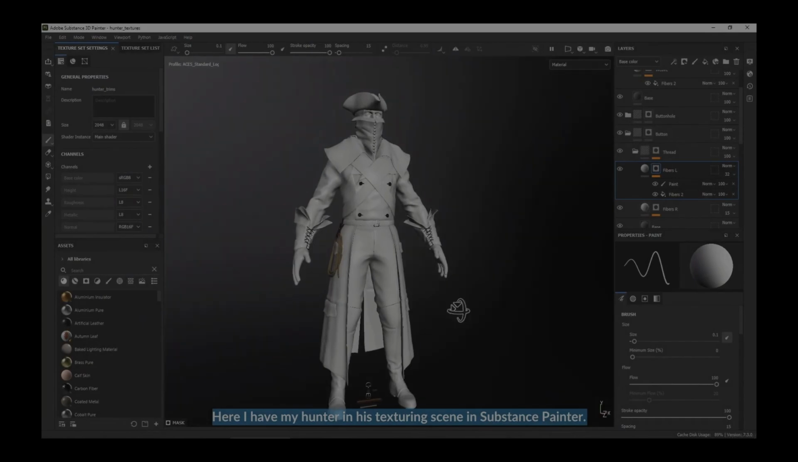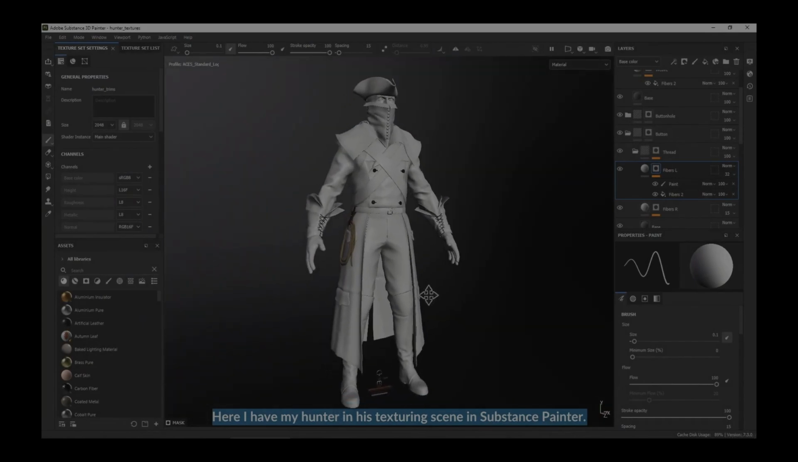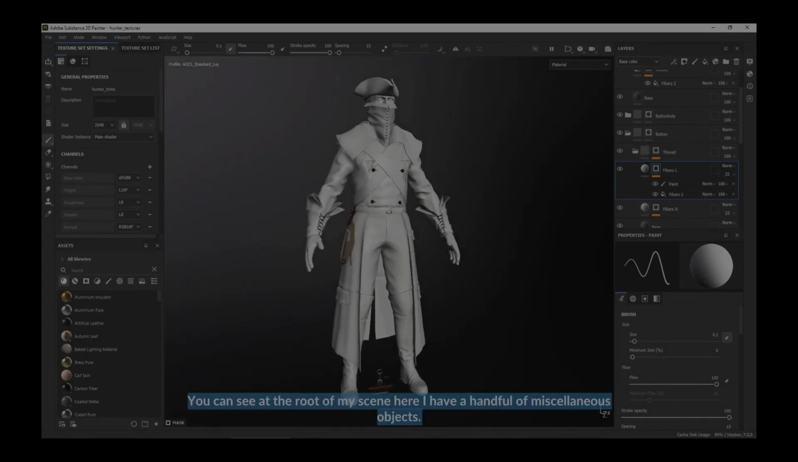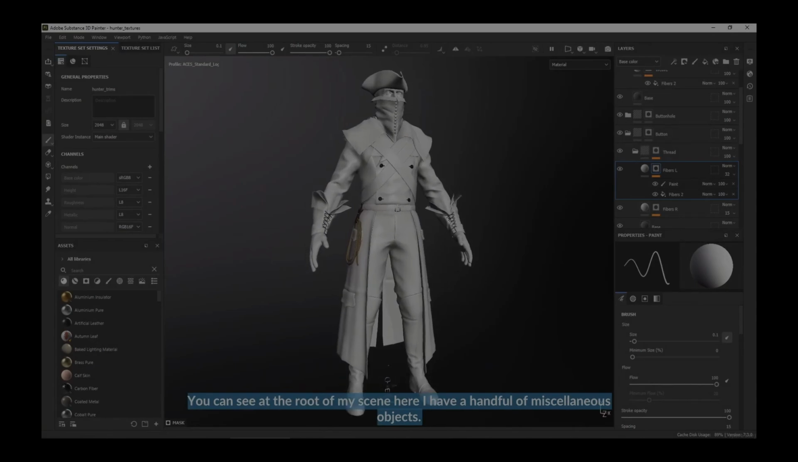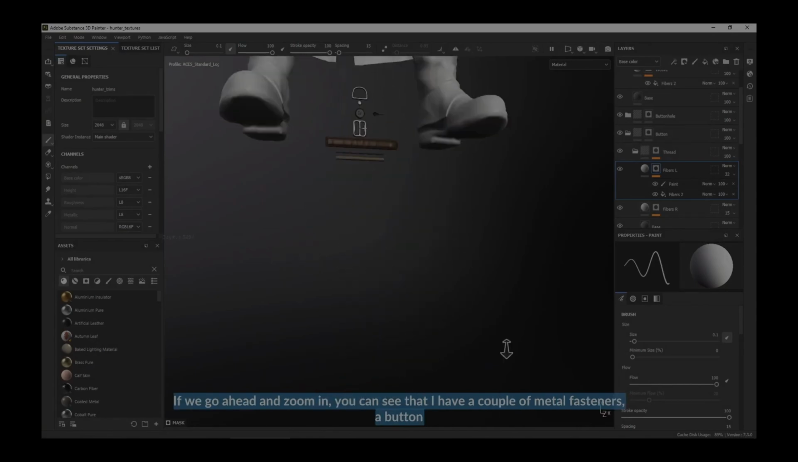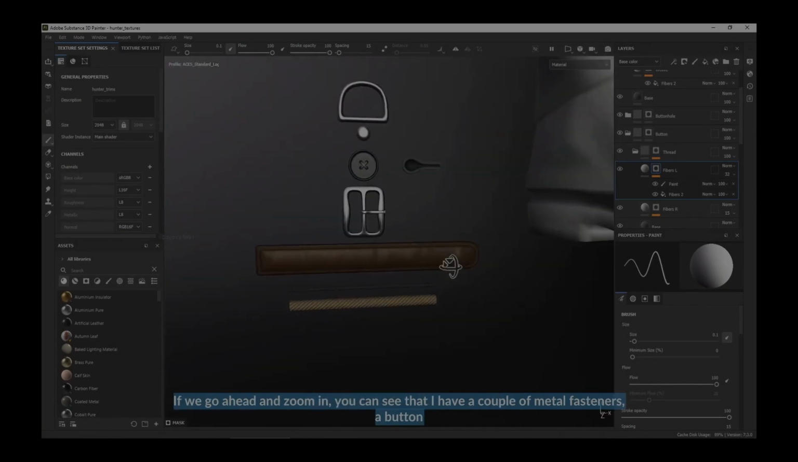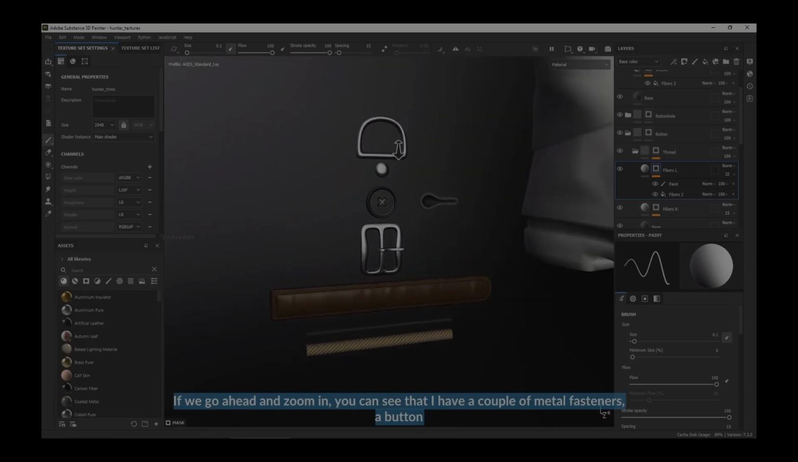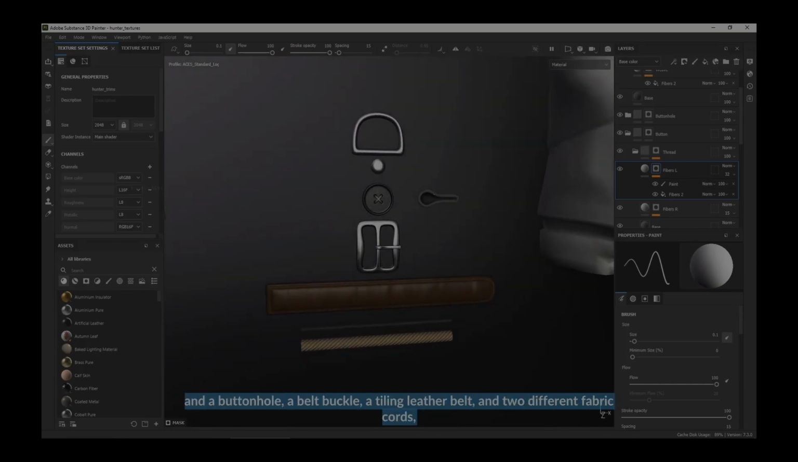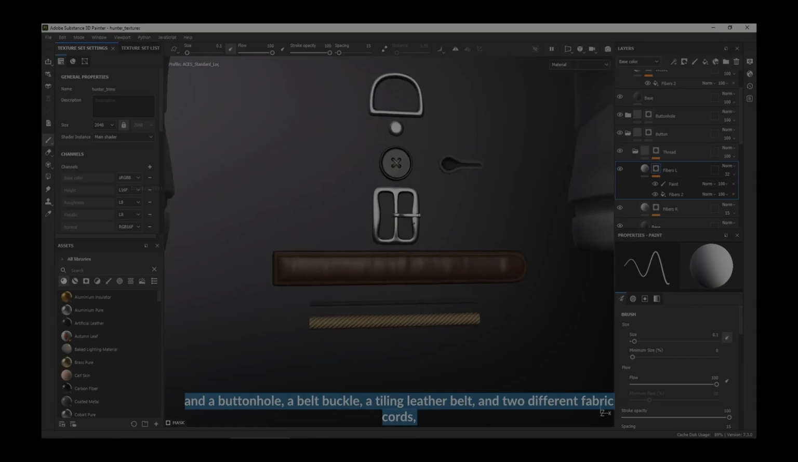Here I have my hunter in his texturing scene in Substance Painter. You can see at the root of my scene here, I have a handful of miscellaneous objects. If we go ahead and zoom in, you can see that I have a couple of metal fasteners, a button and a buttonhole, a belt buckle, a